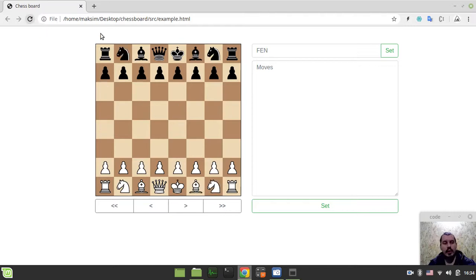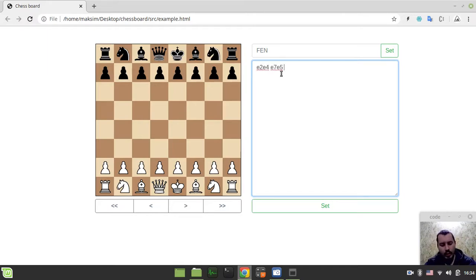So let me just update the board. When we update stuff, the move stack is getting cleared. So now I just want to input the moves. I was thinking about inputting the PGN here, but again, from the chessboard perspective, it's a matter of a move sequence to push onto the move stack, right? And I was trying to make it most compatible with the so-called UCI protocol, which interacts via a list of moves in this notation. So e2e4,